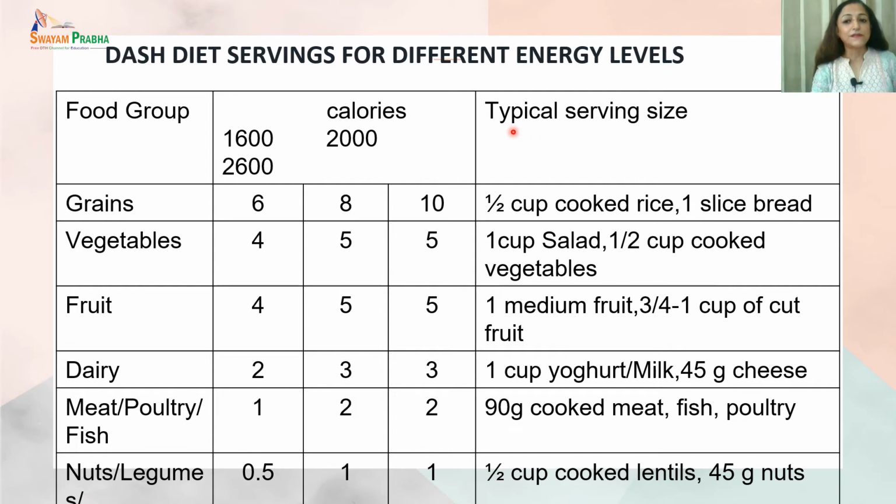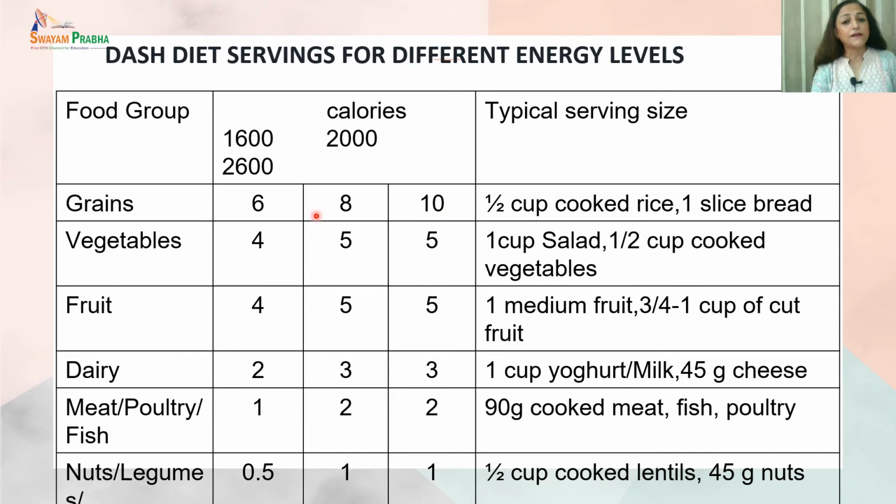So that means a person can take around the equivalent of 6 slices of bread. Coming to the vegetables, he can take 4 servings. So how much is 1 serving? That is 1 cup salad or half cup cooked vegetables. If we talk about fruits, the person can take 1 medium fruit, or 1 cup of cut fruit,